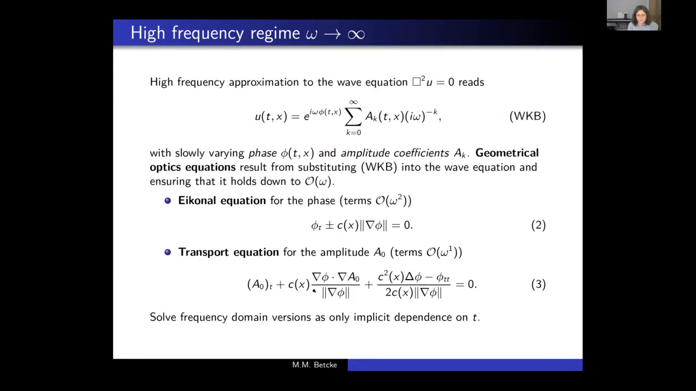One is the eikonal equation, one is the transport equation. They have corresponding versions in the frequency domain. And in fact, for our application, we actually solve the frequency domain equations because our time dependence is fully implicit. So the time dependence is only in the trajectory being dependent on time. But I don't want to go into many details. So there are these two types of equations, and now